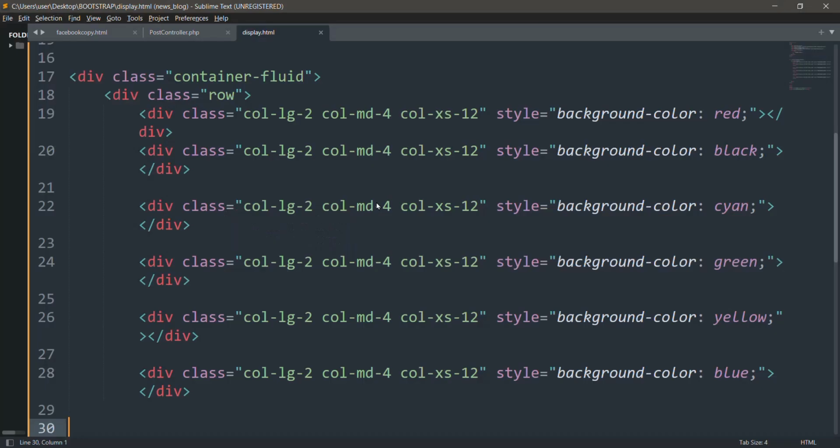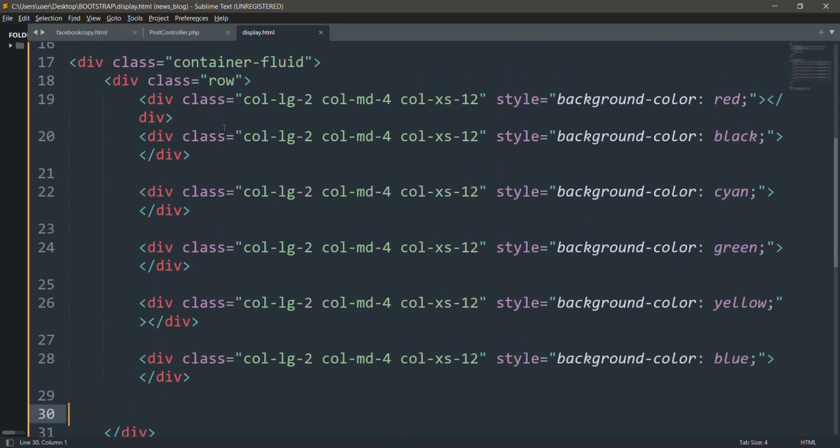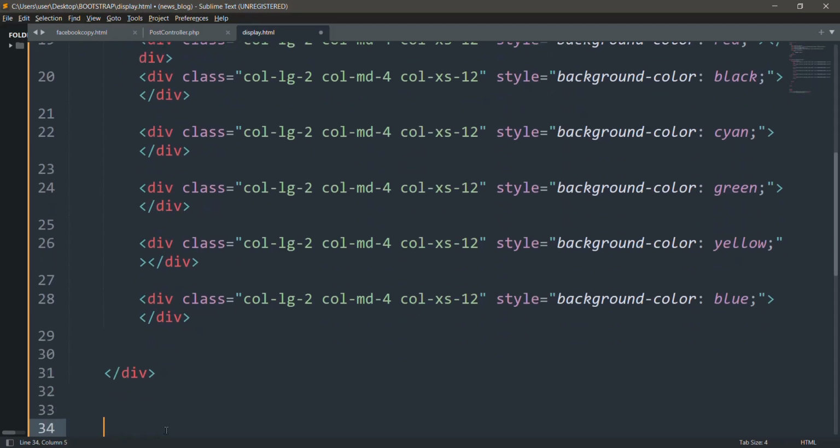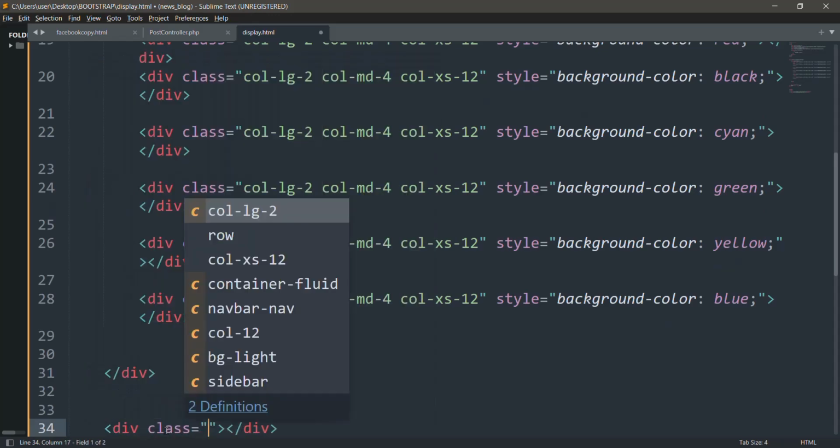So now if you want another set of elements, it's not a must that you keep stacking under this one row here. You might decide to open another row. You can see the row is starting from here and it is ending here. So now if you want another element to appear on your screen, just add another div with the class of row,